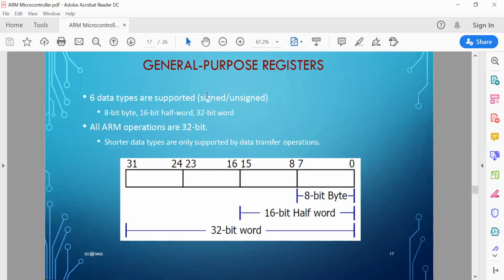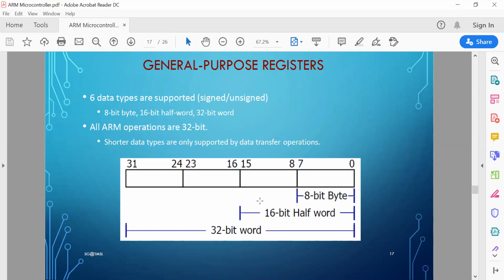When you are using half word operation, the lower 16 bits are used, and for byte operation the last 8 bits are used. These are not used for arithmetic operations, only for data transfer operation, because all arithmetic operations are only 32 bits in size.